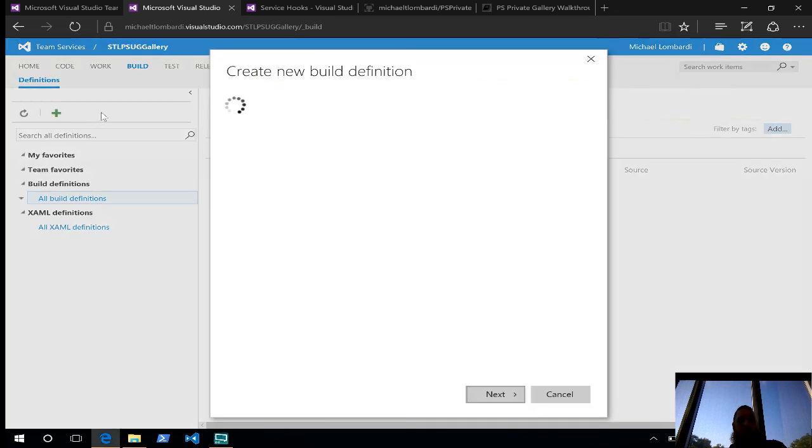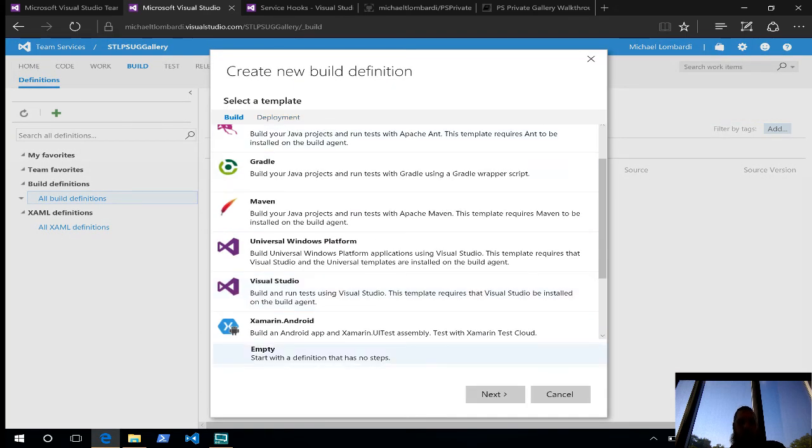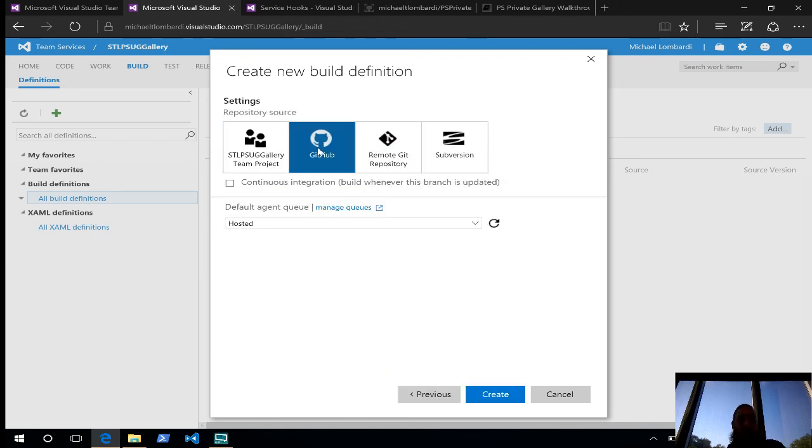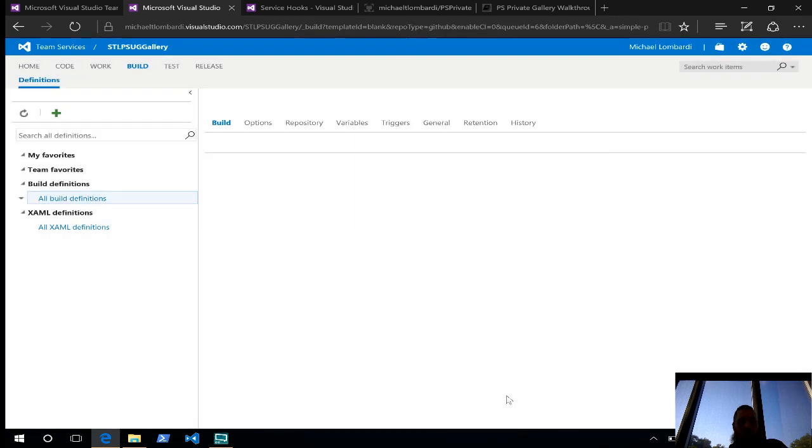Stop me if I end up going too quick though. If I can find GitHub, and I can't because this isn't where it lives, because it's actually under the build itself. So if I come back to the build,